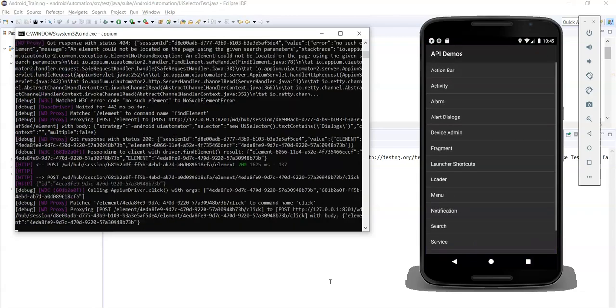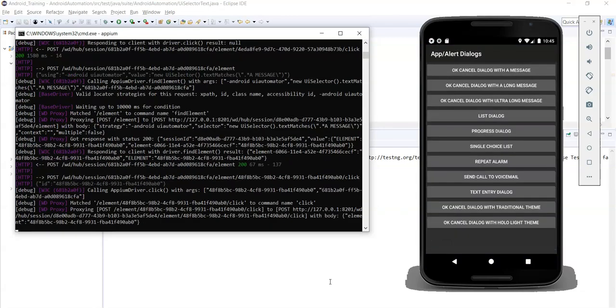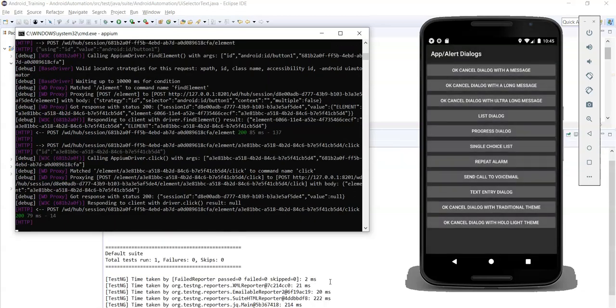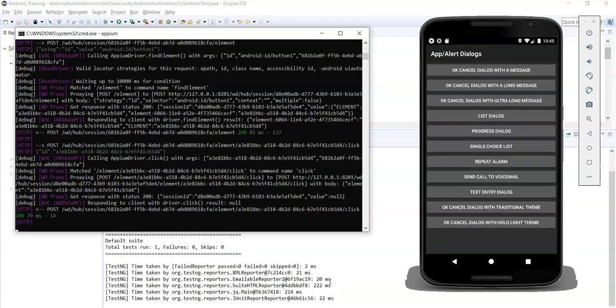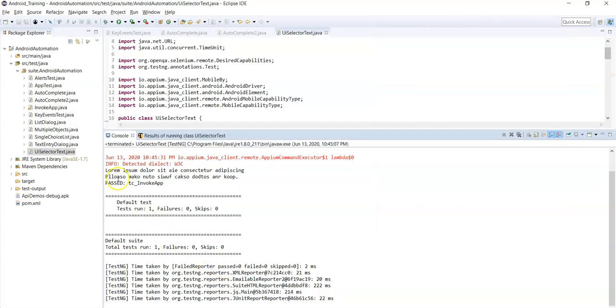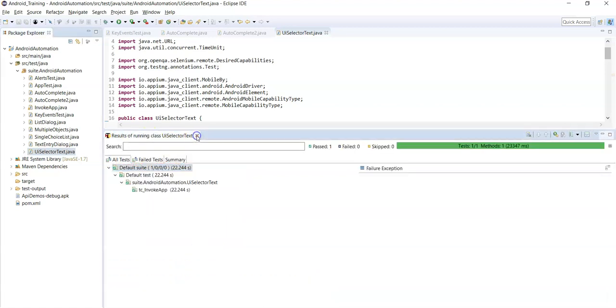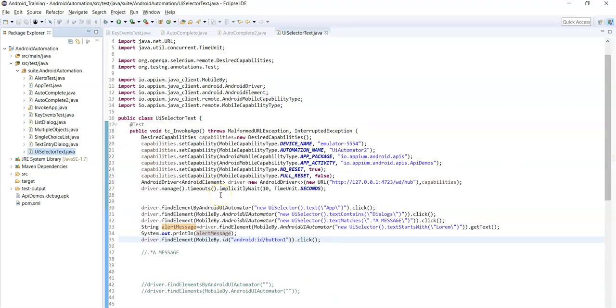You can see the actions. Yeah, successfully clicked on the OK button in the alert. Now you can see the alert message. The alert message is printed successfully. So in this way you can use the UI selector class with the text attribute values to find the elements.